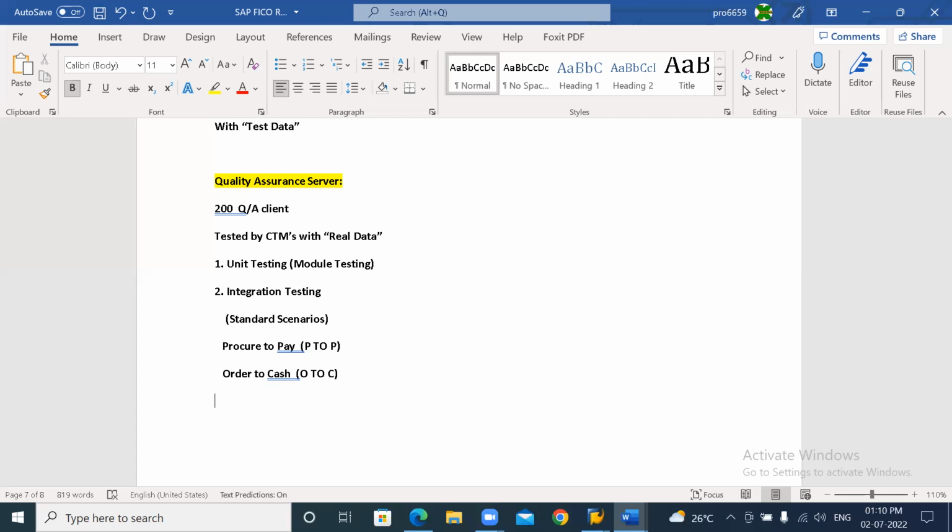Okay. Next, once it is done, then one more testing will be performed. Integration testing 2. What we will do here in integration testing is only standard scenarios. But in integration 2, we will test standard scenarios